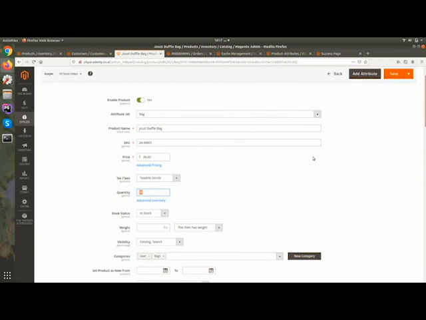I will explain in more detail why we are not deducting quantity directly from the main quantity when we cover the MSI features, multi-source inventory, because it is also a lengthy feature.